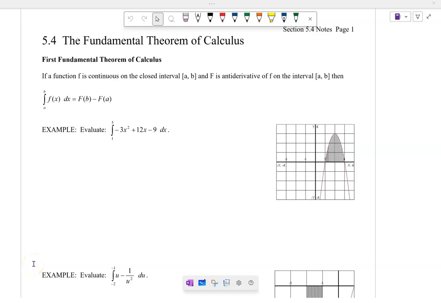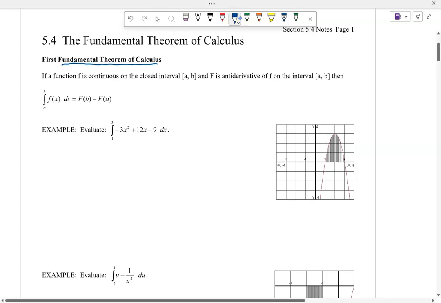This section, we're going to present what's called the fundamental theorem of calculus. Some textbooks will actually call this the fundamental theorem of calculus part 2. We'll just call it the first fundamental theorem of calculus. This is the central theorem in integral calculus, so it connects integration and differentiation, enabling us to compute antiderivatives of the integrand rather than by taking limits of the Riemann sum as we previously